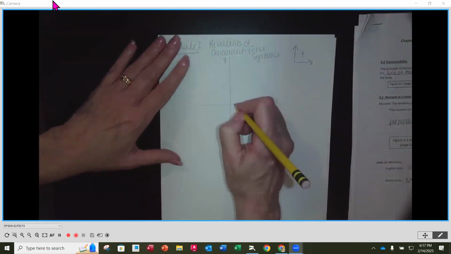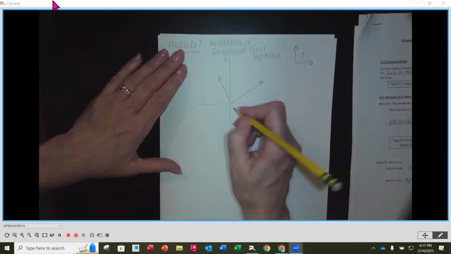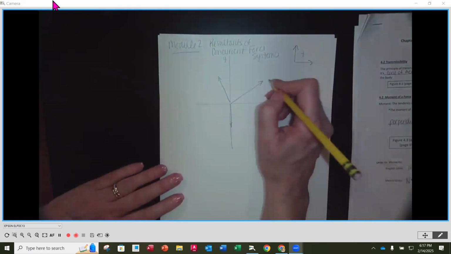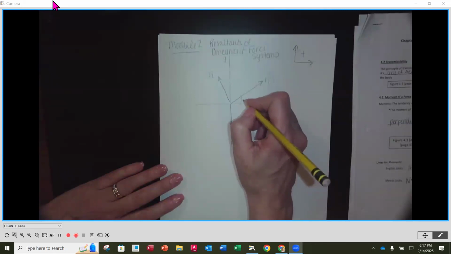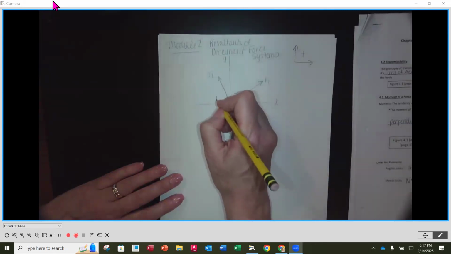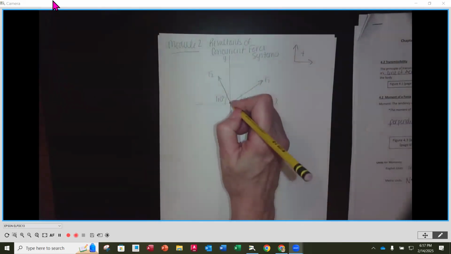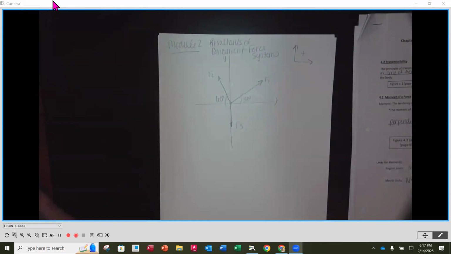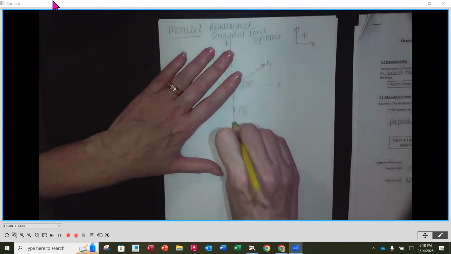So what we saw a lot of times was an XY axis, and we saw, for instance, a force here, a force here, maybe a force going down. So you might have had an F1, an F2, an F3. Then we knew what the angles were. I'm going to say 30 degrees, 60 degrees, and then vertical. And we want to find the one force, the resultant, that would replace those 3, but have the same net effect on that point of application. Okay. So then what you do is by rectangular component method,